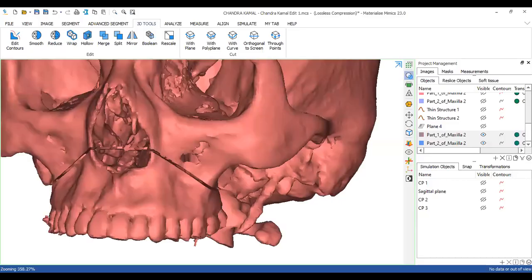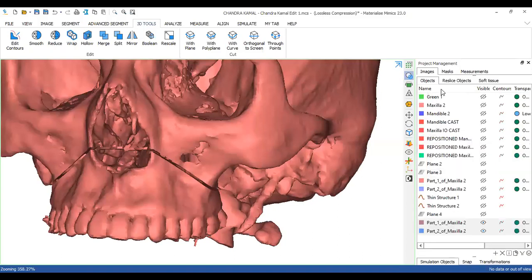Right. So I'm just going to move this forward. Now you can see, what I'll do is I'll change the color of these parts. So you can see all that we had created here. So I'm just going to change properties.